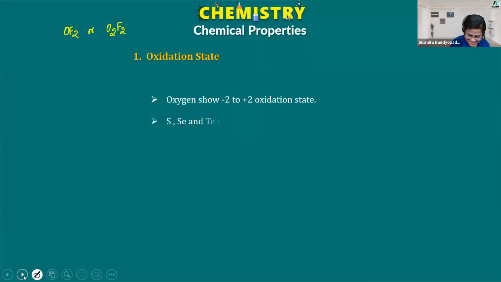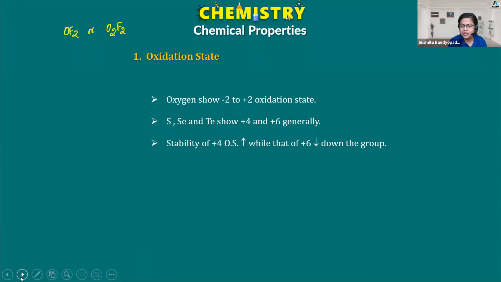No, nothing like that. So sulfur, selenium, and tellurium will show +4 and +6 states generally. Oxygen will show -2 to +2 oxidation states. +4 state stability increases, +6 stability decreases down the group. Stability of the +4 state increases, but we cannot very strongly talk of the inert